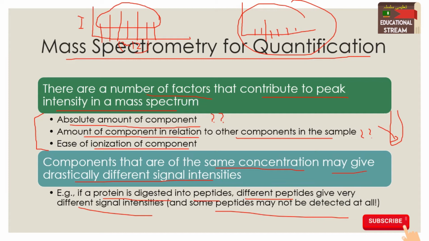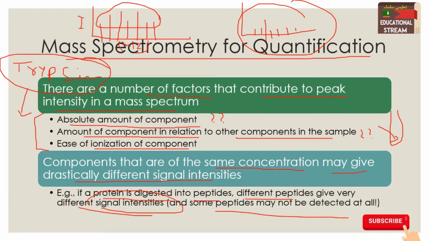Because a mass spectrometer, for example, when we are using it for identification or quantification of protein, the first step is trypsin digestion. It means that we have to digest our protein sample with the enzyme trypsin, and then different fragments are formed, and the mass spectrometer does the analysis of each fragment, and then each fragment is further ionized. We get different fragments, and each fragment will give different intensities. Some of the fragments may not even be detected on the mass spectrometer or spectrogram, you can say.